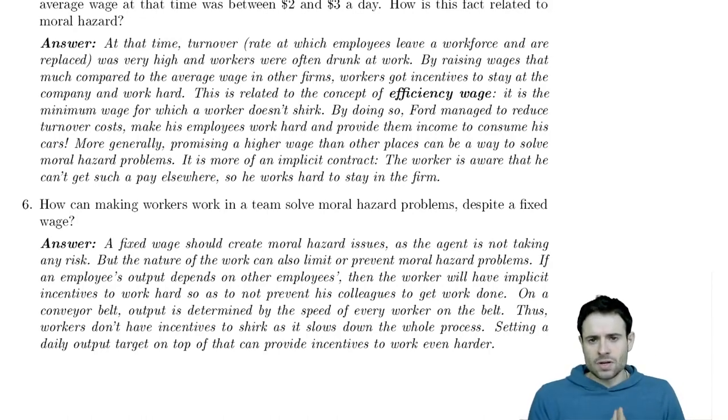So, to sum up, adverse selection is the consequence of a situation where some parties in a transaction or a contract have hidden information, something about their own type, something about some characteristics that the other side of the market, in general the principal, would like to know. This leads to inefficient outcomes, a non-Pareto efficient outcome, where some contracts are not signed, although they would have been if information was perfect.